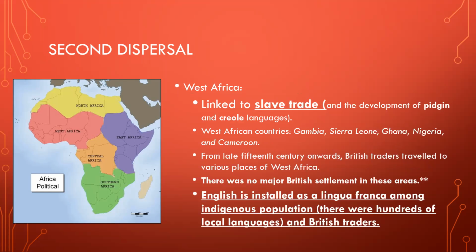So West Africa: the settlements of the British people there and the spread of English is heavily linked to the slave trade that took place in the West Atlantic, right? Which characterized a lot of the settlements also in the Caribbean. So in West Africa, British settlers come in and they also enslave people and take people from West Africa to the Caribbean in exchange for sugar and rum. Okay, so since it's linked to the slave trade,